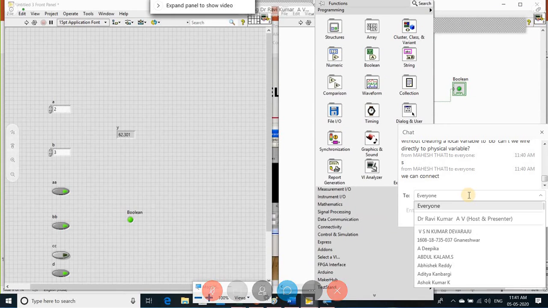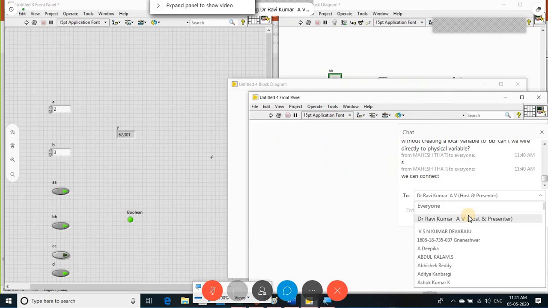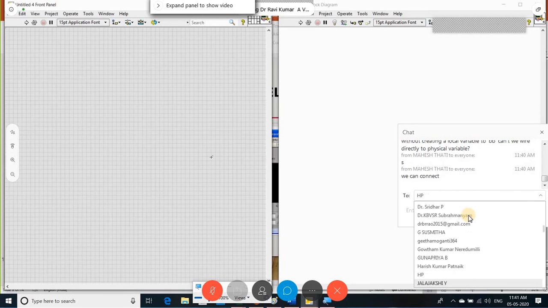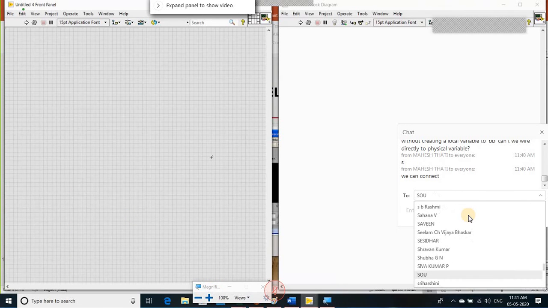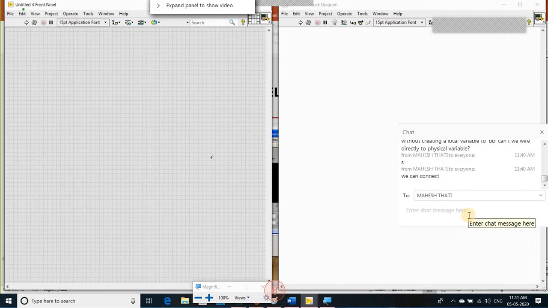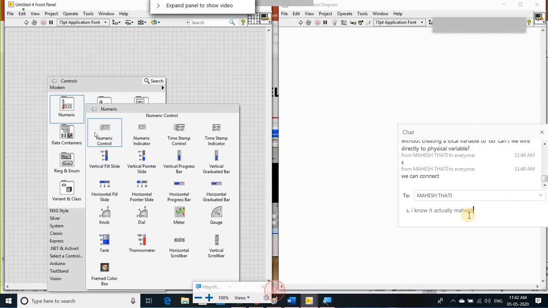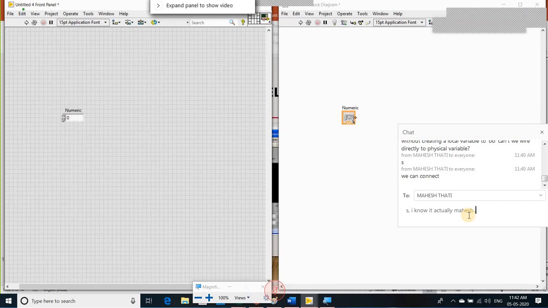So now I'll take one more simple application. I just want to know whether a number is even or odd. How do you implement that program? Take the number, and I need to check whether it is even or odd. So what am I supposed to do? I take the numeric one. This number I want to check whether it is even or odd.